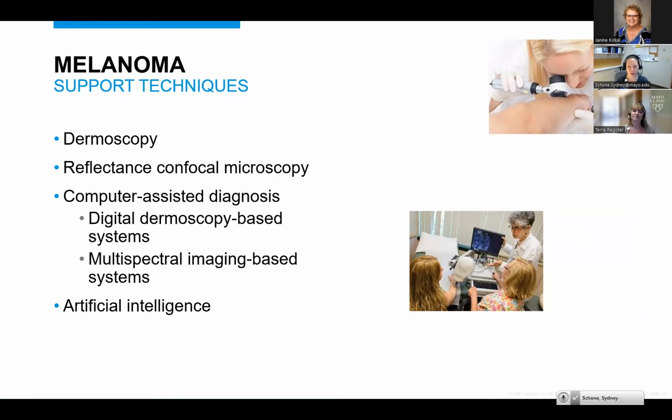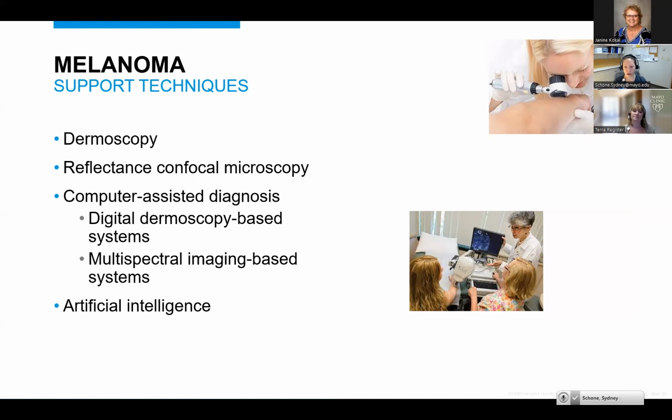They also use a lot of imaging. Reflectance confocal microscopy is an imaging technique that allows for identification of cells with histologic resolution. It has a very high cost as well as not being time efficient. There are other techniques, including computer-assisted diagnoses, which use algorithms using large sets of images or non-visual data that also help in reducing unnecessary biopsies.